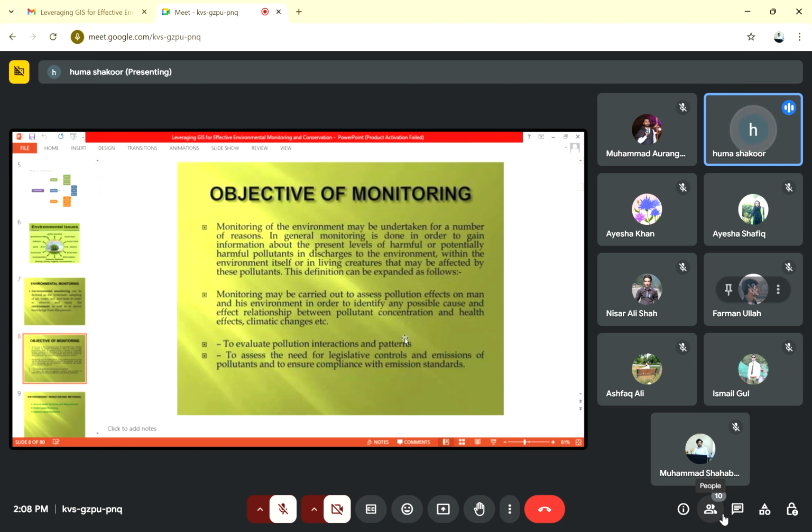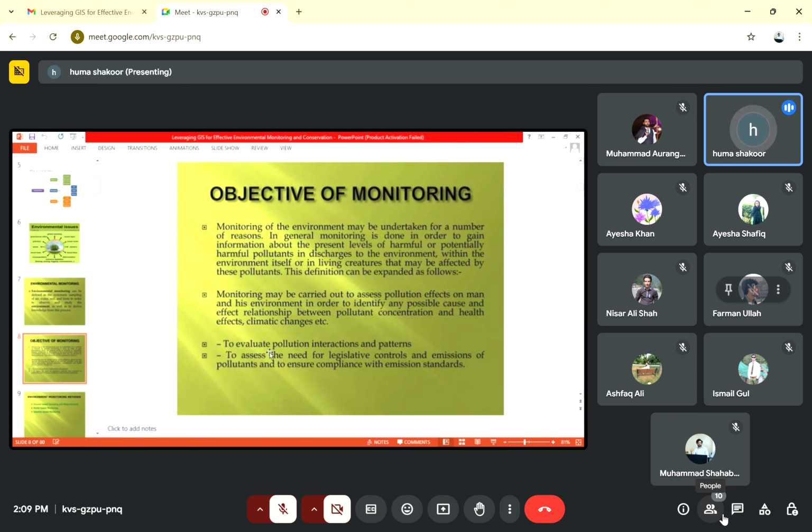When we have to find out the causes of the issue, then we have to monitor the effect of that issue on the environment and another very important object, that is the human. So first we have to analyze the cause of the global environmental issue, then we have to investigate the effects, what are the effects of this issue on humans and the environment, and the third step is called the mitigation measurement. So in between these steps, we are doing the monitoring system through GIS and field data